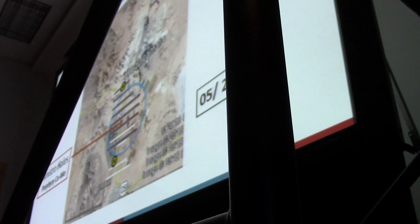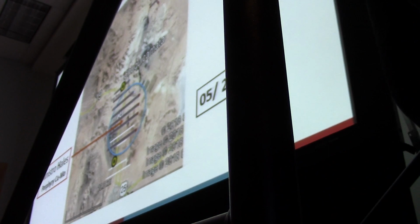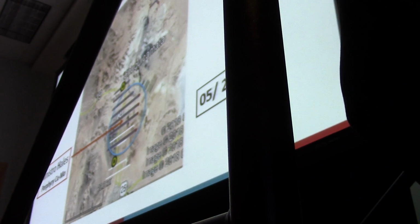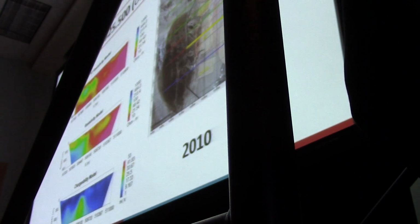Then we have a survey. Well, that was a very simple IP survey. And then 8 years ago, they did another one around another porphyry that is not as important and as good as this one, but still, we're looking for resources everywhere. And same thing. The results